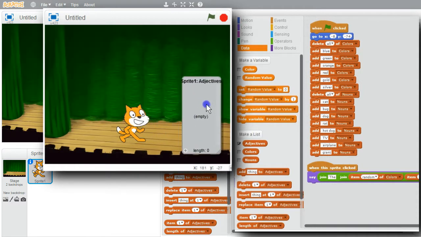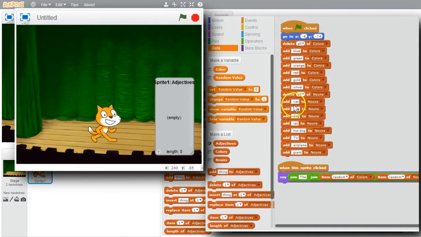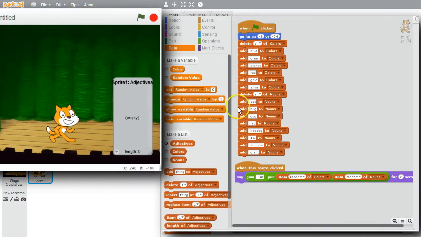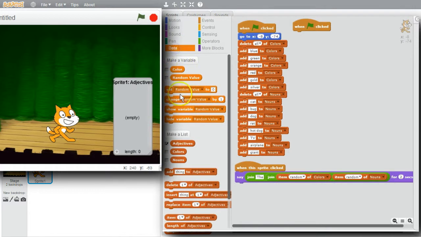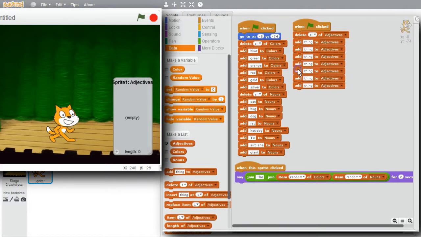Move it over. I'm running out of room when the green flag is clicked here, so I'll get another one. Events, when green flag clicked, back to data, delete all adjectives to be sure I've got an empty list, add, I got 7 adjectives, duplicate, 2, 4, 3 more, 7. I'll add space sleepy,